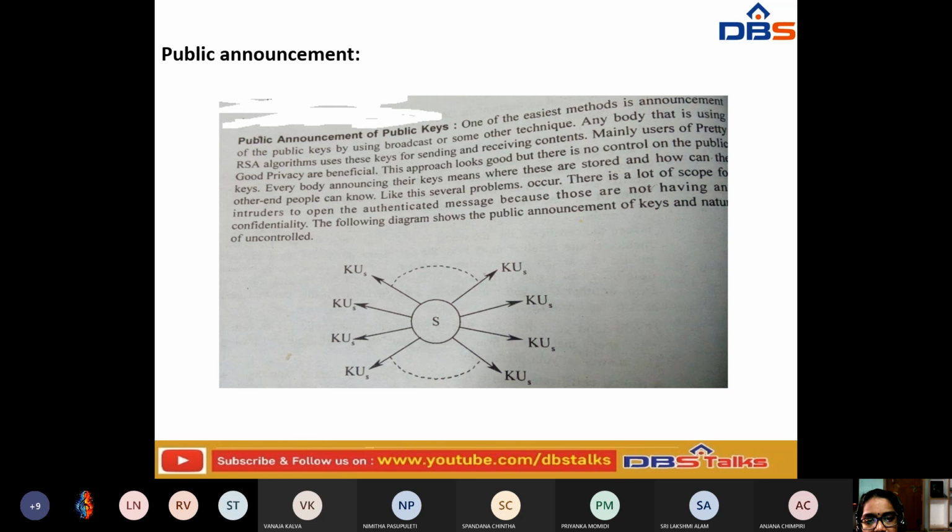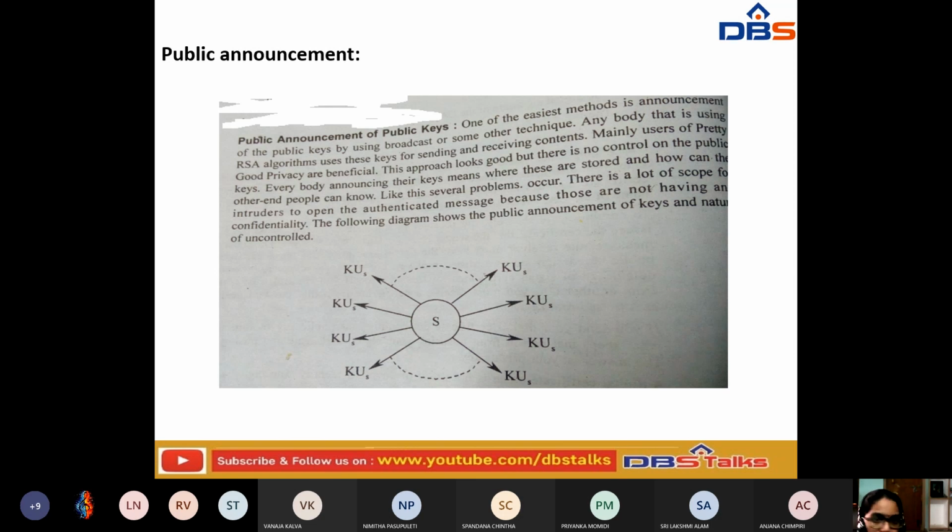From this source, the key is generated for the different kinds of users, which is uncontrolled, and it is going to provide the confidentiality for those keys. So this diagram shows a public announcement of keys, where we announce the key publicly such that they can see it.